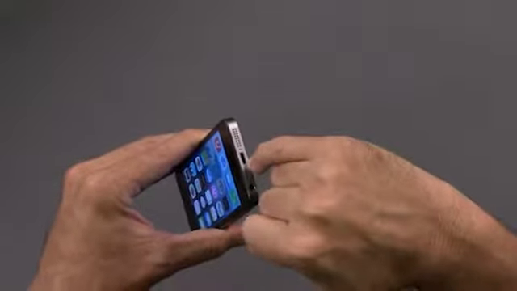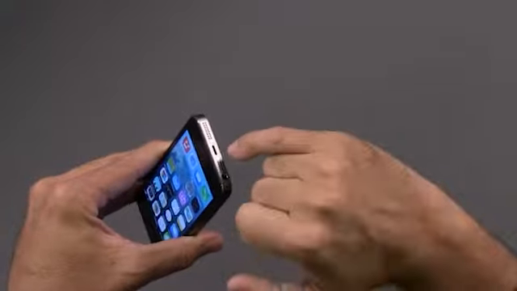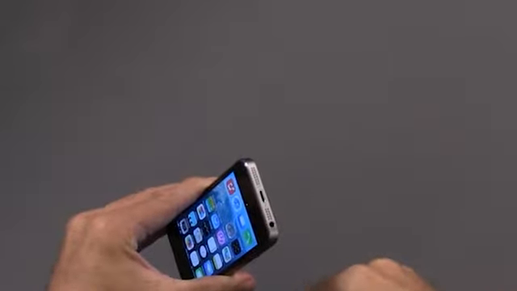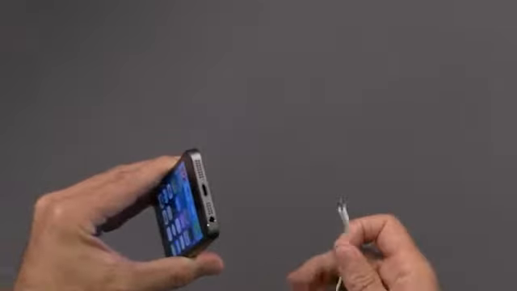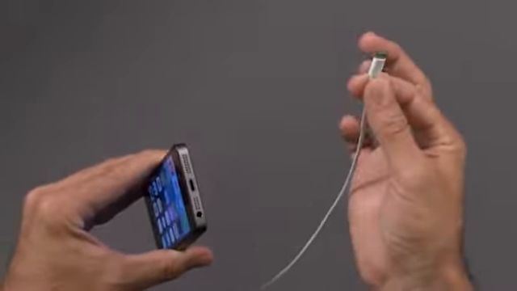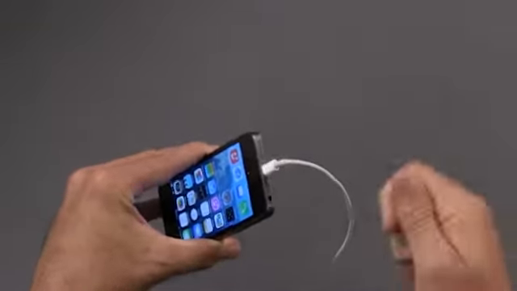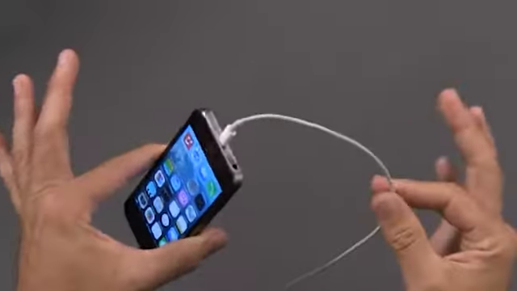Pretty straightforward. The other major change between the 4 and the 5 is in this sync or charging cable location here. If you have an iPhone 4 or the older version, there's a wide 32-pin connector which goes into this. Well, you can obviously see that's not a 32-pin connector. So what Apple has done is they've come up with a brand new cable, and they call this cable the Lightning cable. Looks something like this, pretty straightforward, and it just slides in. And the other end is a USB connection that allows me to connect to my PC. This cord does two things.